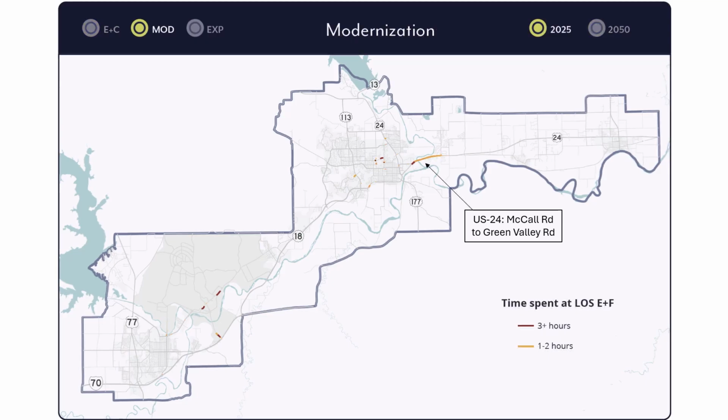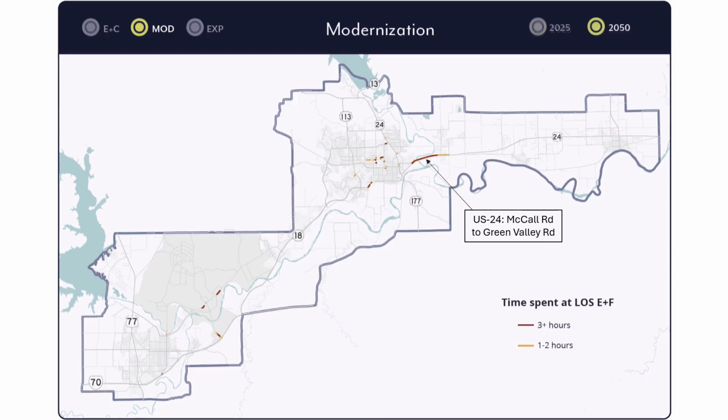This map shows today's population modeled with the modernization road network. You can see the US 24 corridor changes from mostly red to orange in this scenario. This is due to the completion of the frontage roads providing local access as laid out in the US 24 corridor management plan study. Again, the rest of the region has minimal issues, including on roadways in Junction City and Manhattan, where roads were reduced from 4 lanes to 3.